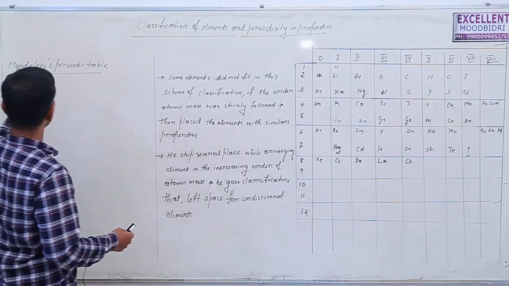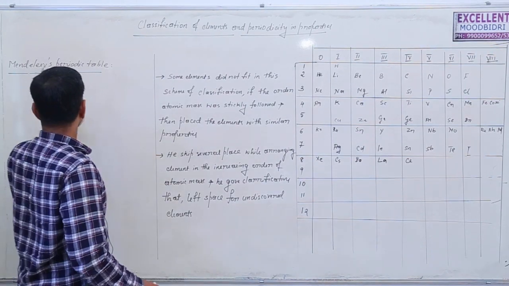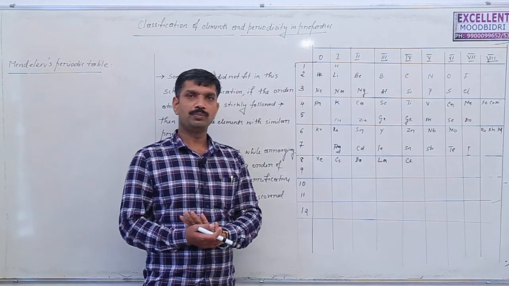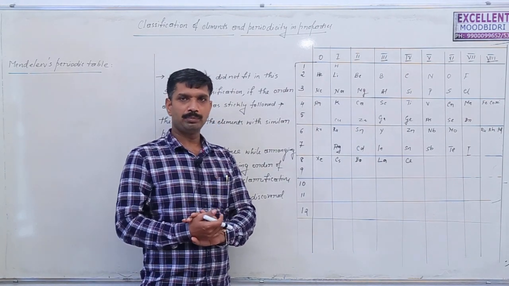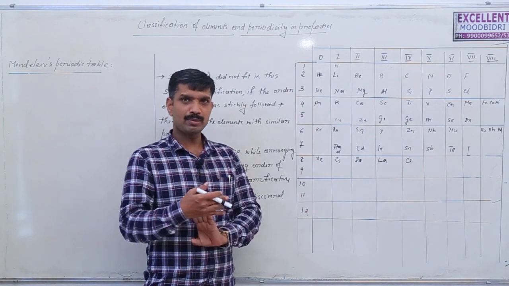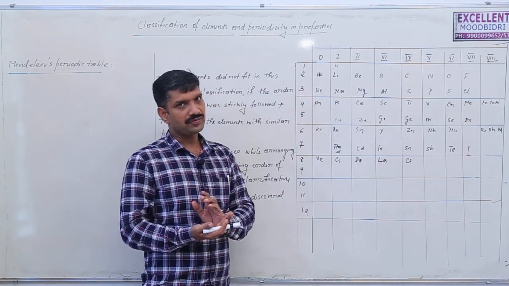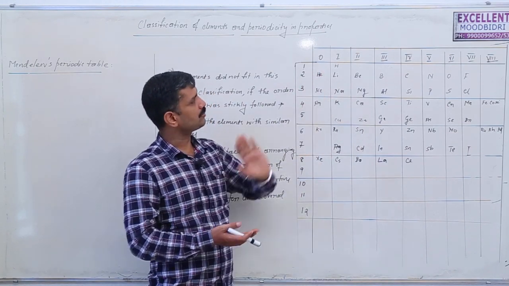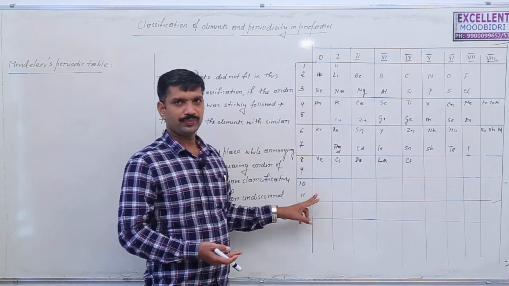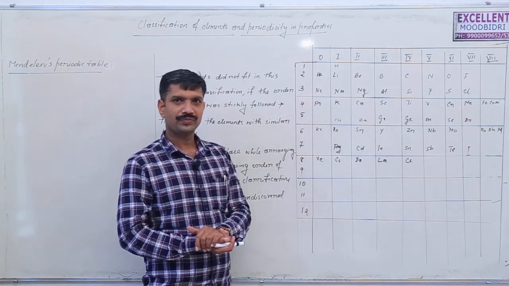Next, about the Mendeleev periodic table. Actually, in the Mendeleev periodic table, the elements are arranged in groups and periods. Those elements which exhibit a similar property are placed in the same groups. For example, this is a rough diagram of the Mendeleev periodic table. Here, noble gases exhibit a similar property, so they come under the zero group.